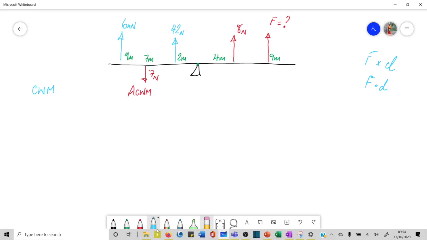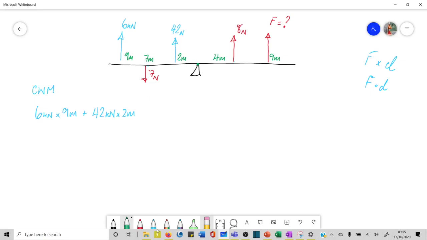So we've got 6 kilonewton times 9 meters plus 42 kilonewtons times 2 meters, and that is equal to